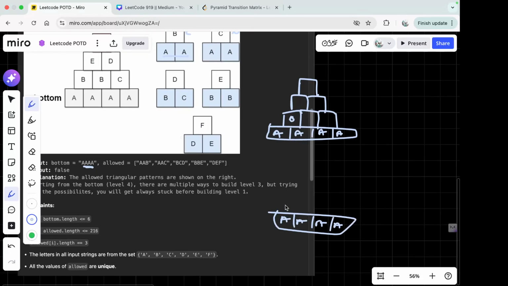A, and A. And let's place C here. What if it can be C? Then next value is again A. We again have two choices. So let's put B here. All right. Now,